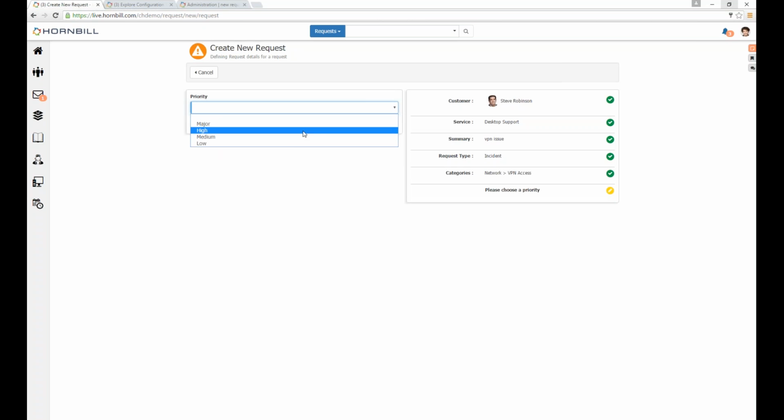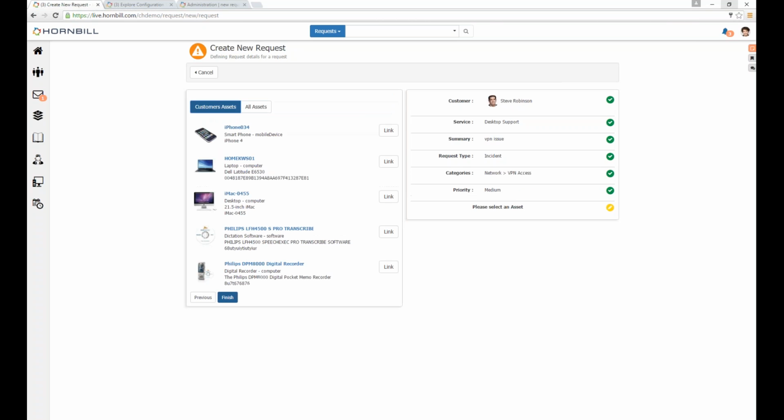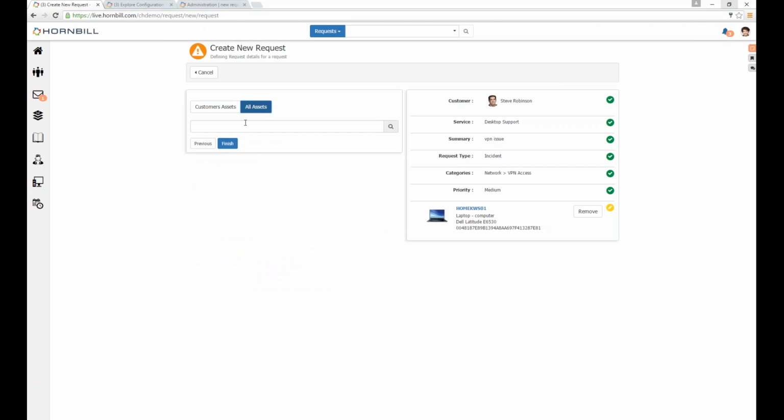So lovely and easy for the analyst to be able to log a ticket with Steve on the phone, one question at a time. They will only ever see what they need to see based on their previous answer. So in priority, are we going to link an asset? Let's link the laptop. So again, this is a VPN issue. And as I mentioned, we can search through the entire CMDB. So a shared asset, for example, a server,